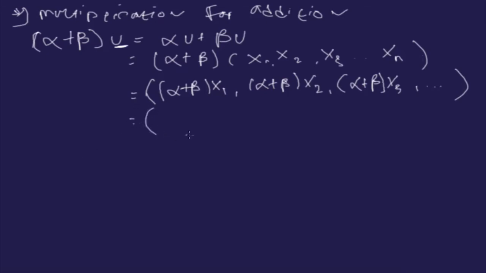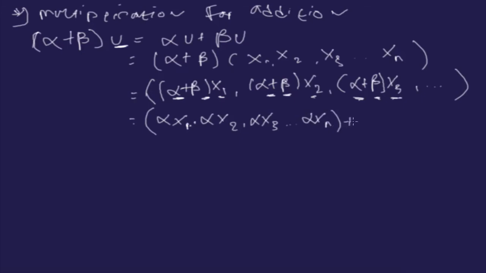Then after that we can gather the alpha terms together and the beta terms together. So we can write alpha x1, alpha x2, alpha x3, up to alpha xn,